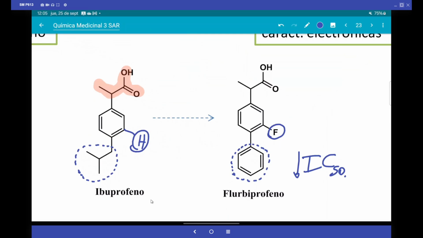Rofecoxib came to the market. It was selective for cyclooxygenase 2, therefore it did not produce ulcers, but it produced heart damage. Clearly, it had to be removed because there were serious cases. It is very effective for strong pain. In reality, technically, it is when there is expression of the